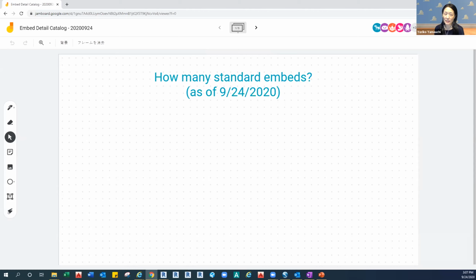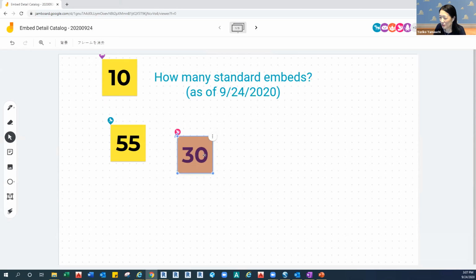Can you just guess how many standard embeds we have now? Just glass, not for precast or interiors or construction specialties, just only for curtain wall glass. 55, 10, 30. Okay, let's move on. 26.